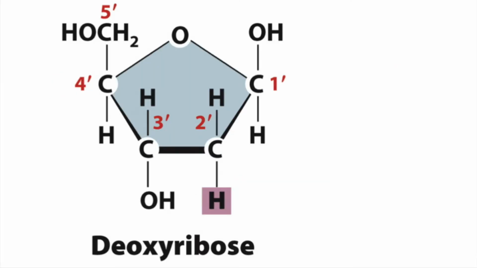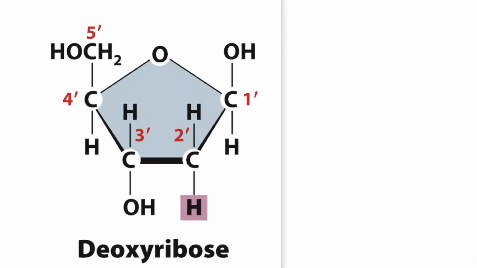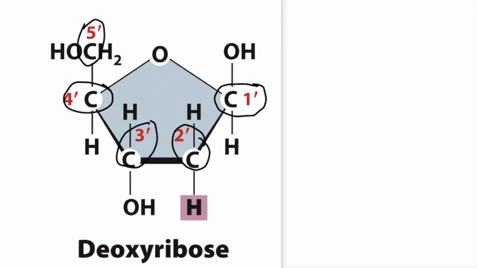First, starting with the sugar, all sugars in DNA are deoxyribose. The carbons on the deoxyribose can be numbered 1', 2', 3', 4', and 5'. The 5' carbon is the carbon that is sticking up off of the ring, and as you can see, it is the only carbon that is not in the ring, so it is easily identifiable as the 5' carbon. This numbering will become important as we move forward to the structure of the nucleotide and the way that the